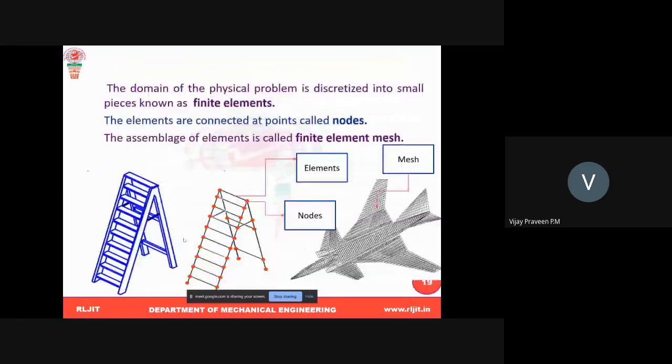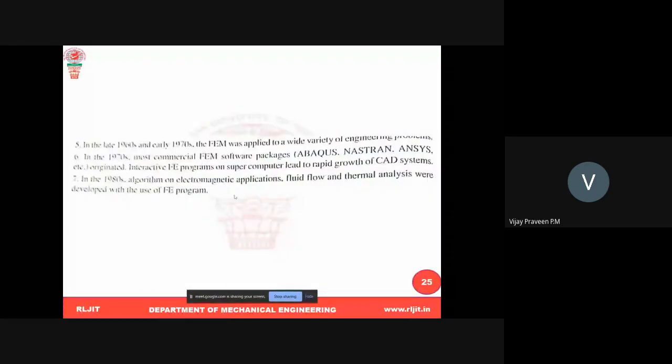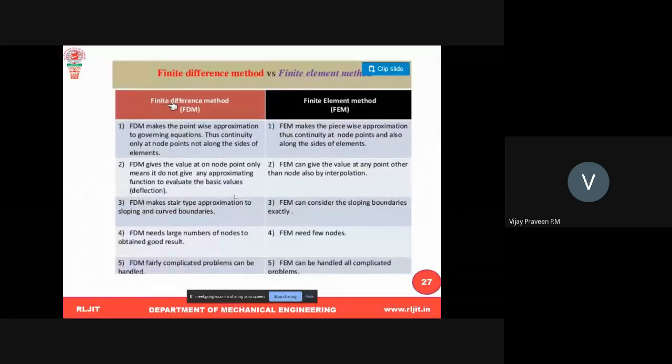For example, if I want to capture exactly from here to here, in the case of FDM we need to introduce around 10 nodes. But here, in order to capture the same profile, we introduce only 2 nodes. In between, elements are connected. Therefore, it will capture the exact one. So only 2 nodes are used in the case of FEM. But if you use FDM, to capture the same profile you should use more than 10 or 20 nodes, because it does not use elements. It's a point-wise approximation. Are you getting the concept?